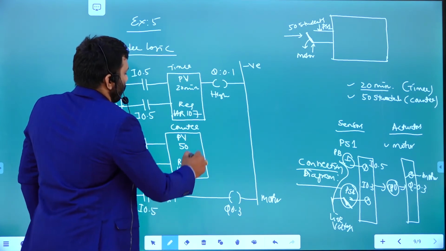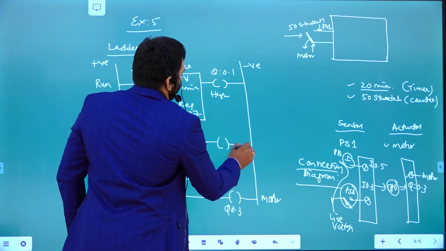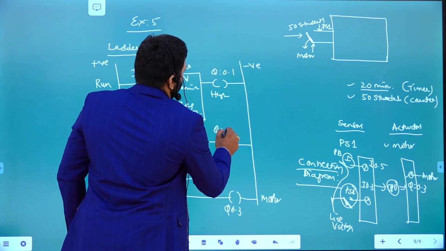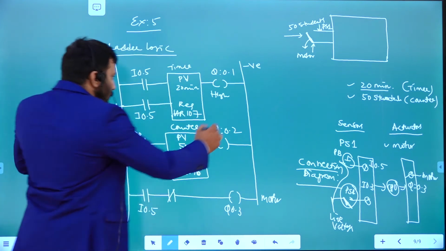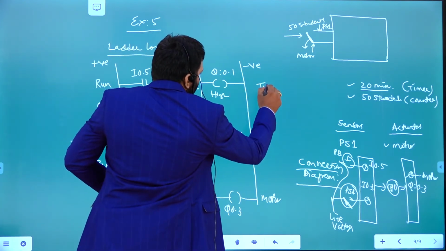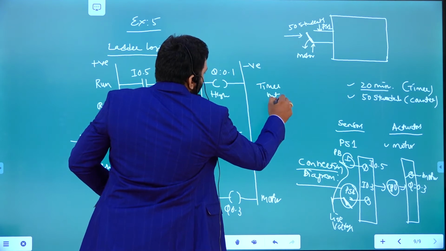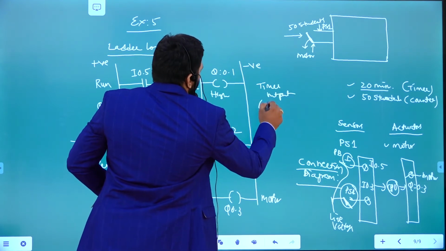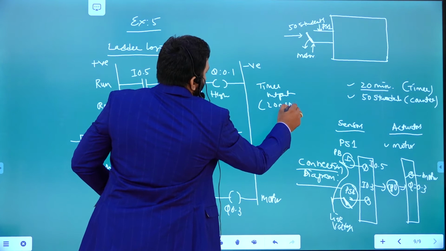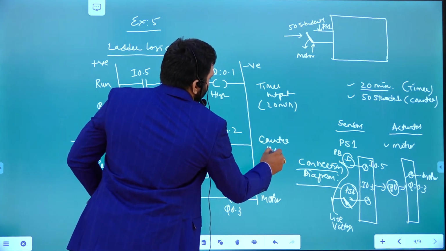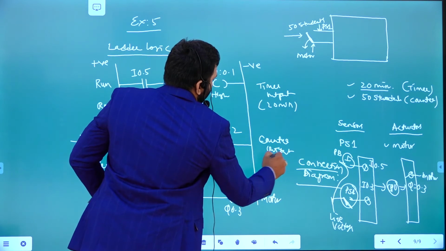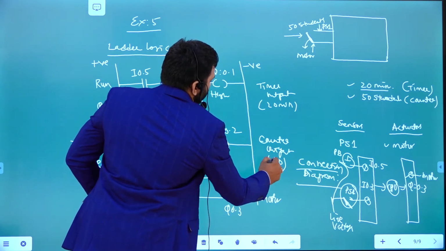2076 for example, right? When this output is going to be high, the output may be considered, for example, 0.2. So this is the timer output for 20 minutes, and this is the counter output for 50 count.